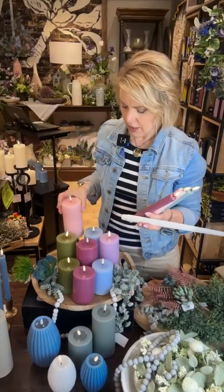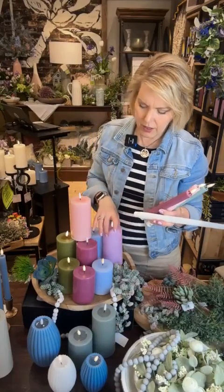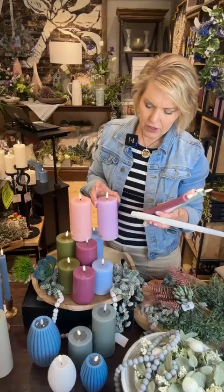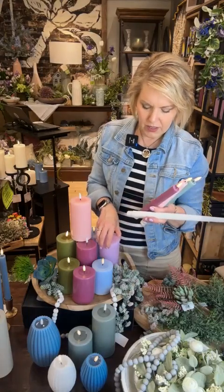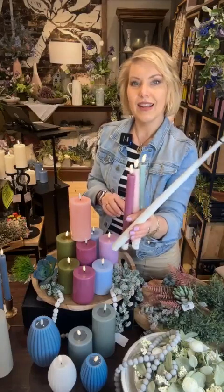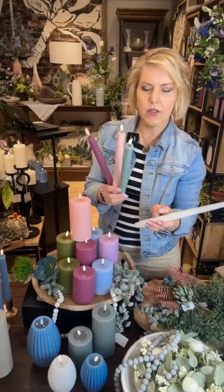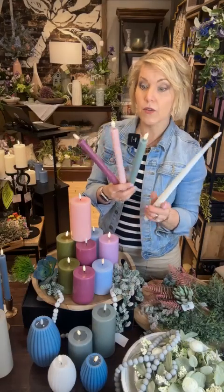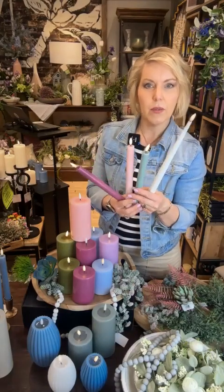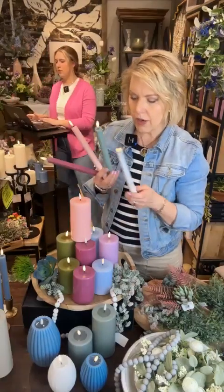And this one is our light pink. So look how pretty those colors are together. The magenta and the light pink. You could put the pink with the lavender, do a whole tray of mixed pastel colors. If you have taper candle holders like I do in a cabinet and you haven't been using them for a while, now is the time to get those candle holders out and try something fun and different with these taper candles, because they'll really add some color to your table, add them to your trays,